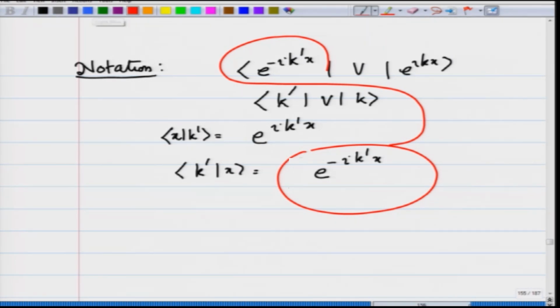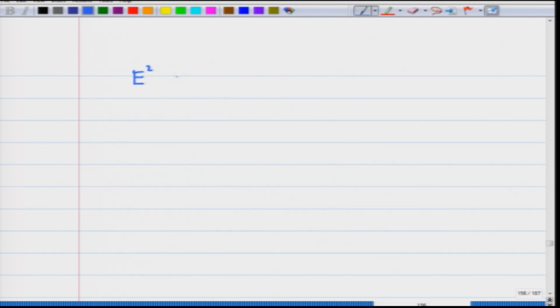So, back to the second order energy change, which we found to be equal to summation over g of V g mod square over E k minus E k plus g, and this is the energy change for the kth level. Let me just go over this calculation once more, so that you are very clear about the normalization and things